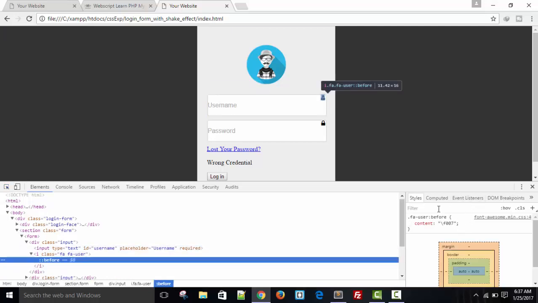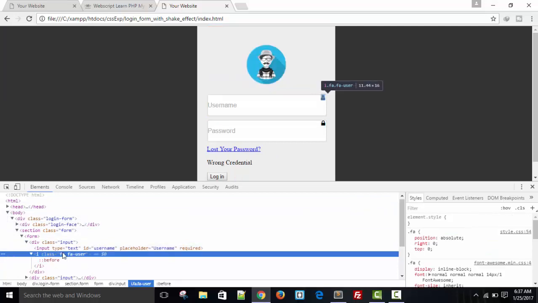Okay, Font Awesome. From the right, 5 pixels is good, and from the top, according to the height of the input box, it is 50 pixels. So right,